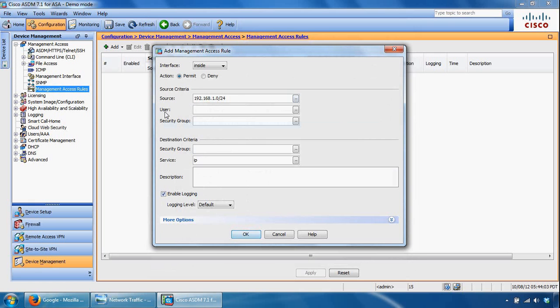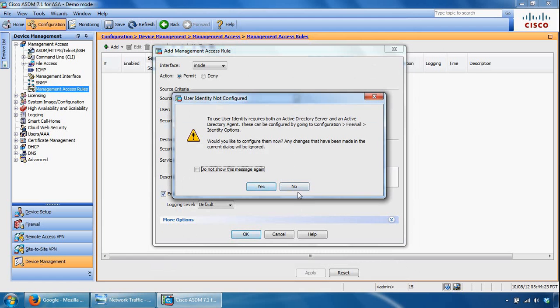So if you've integrated the ASA with Active Directory, then you can specify a user or user group, and this is also known as identity based firewall. So you can use an identity firewall ACL with access rules, authentication rules, and for VPN authentication. And because we've not integrated with AD, we can't really pick any AD users and groups, but if we have